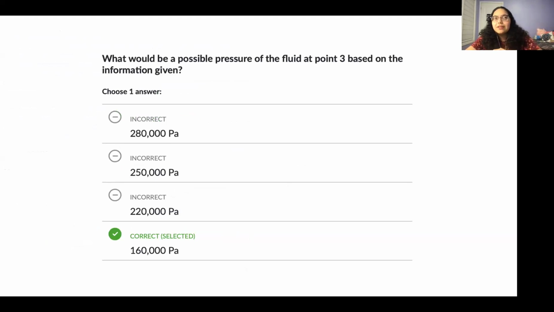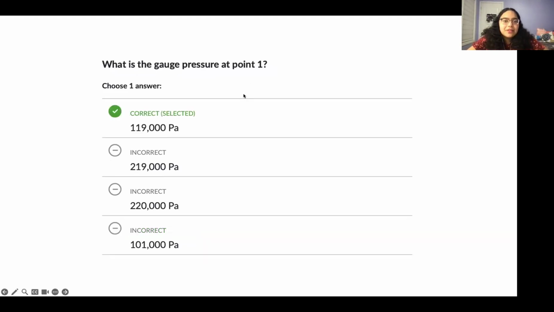Another thing to know is just kind of deduction skills. If you're stuck and you don't really remember the relationship, you can look at the option choices and the way it's worded: what would be a possible pressure given the information. It's not really what's the pressure. So in that case, you know that 220 is the same as 1. You can probably deduce that's going to be different from 1 just because it looks different. And then A and B are both higher. So even just from that deduction, even if you don't really know if it's supposed to be higher or lower, there's only one option that's lower. So that's an interesting part.